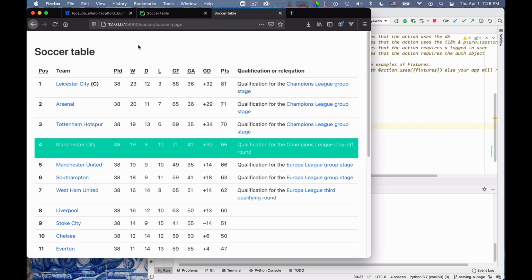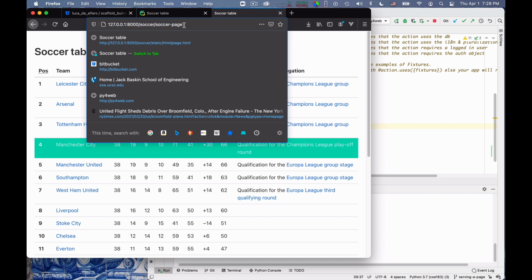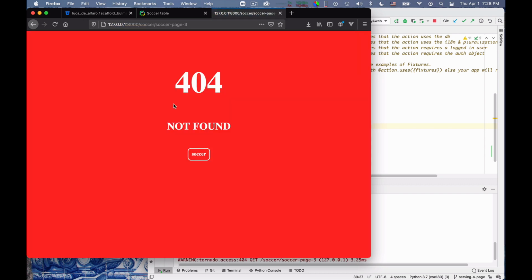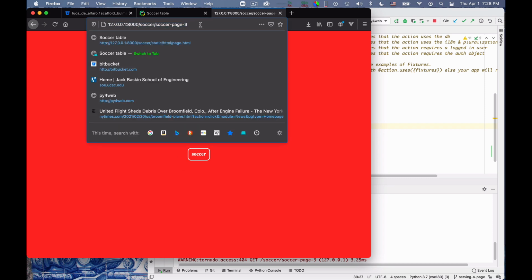Yes, it worked. I mean, I know it's very anticlimactic because the same page is returned. But I can get it at another URL. And if you think that I'm essentially cheating, if you modify this URL, you actually get a 404 error, not found. So I'm not actually cheating. This page is being served.